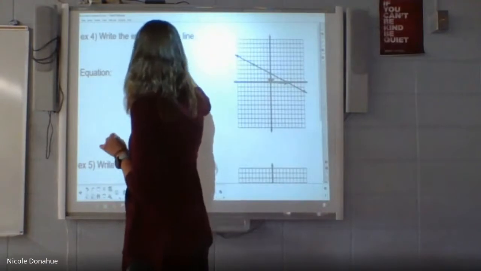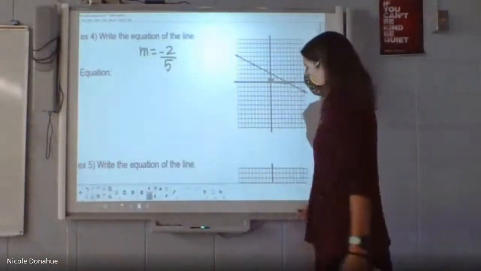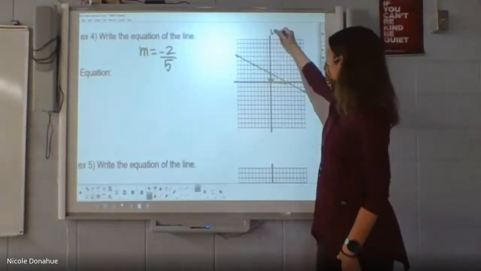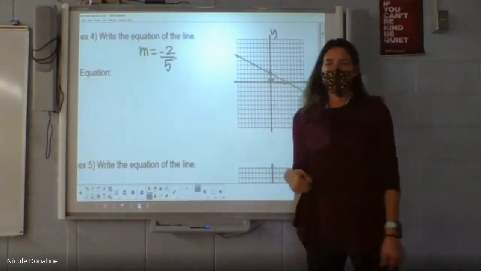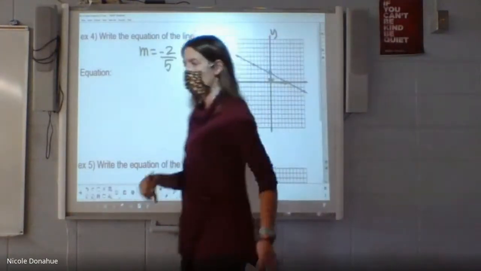So Bella found the slope. I saw that she wrote that right away. She looked at it. She knows she could find the slope of a graph, and so she did, down 2 over 5. Yes? Yeah, the other thing that's really obvious on here, if you're looking for it, is the y-intercept. The y-intercept is on the y-axis, and so they're giving us the b. The b is 2.